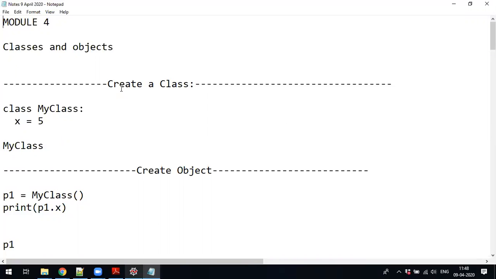In that case, if there are 100 employees or 100 students, times so many pieces of information, so many variables, it is very difficult to handle. Instead of that, if you want to encapsulate all the information about a particular entity or real world object, then we go for the class. And even Python supports classes. How to create a class is with a keyword called class.